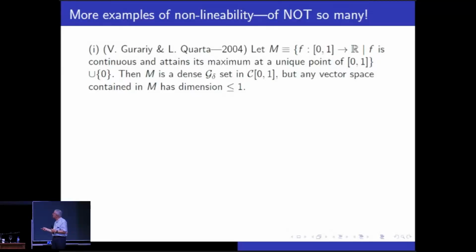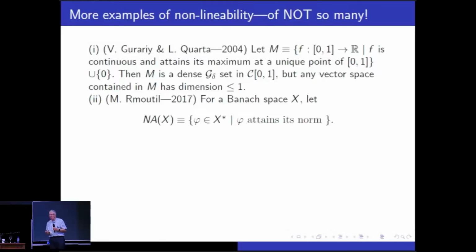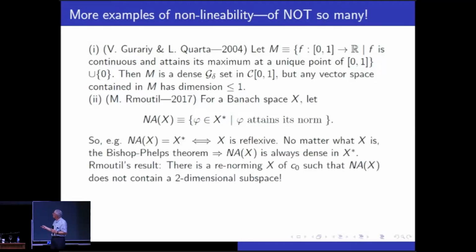So here's another example. This is maybe the most famous example in recent times by a Czech mathematician named Martin Rmoutil from 2017. NA(X), where X is a Banach space, stands for norm-attaining functionals. So NA(X) are the phi in X star such that phi attains its norm. And the question is how, well, we know from the theorem of Bishop-Phelps,